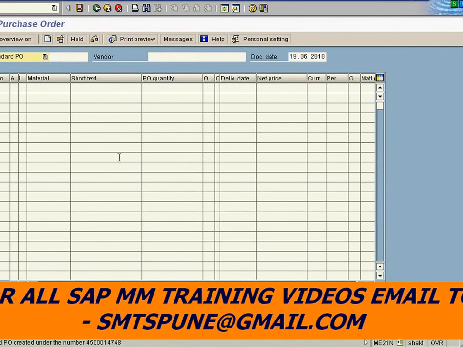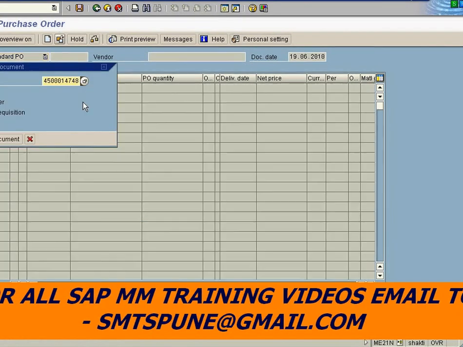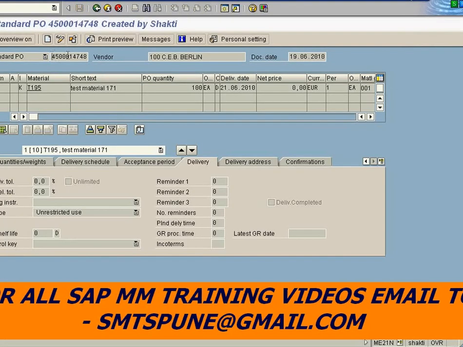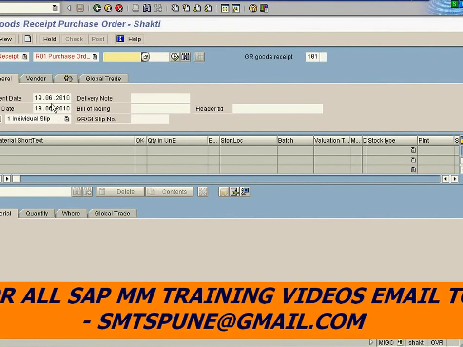Okay, and we'll do the goods receipt for this material. This is the PO number, and I will go to transaction MIGO. I am doing goods receipt against purchase order. Execute this.